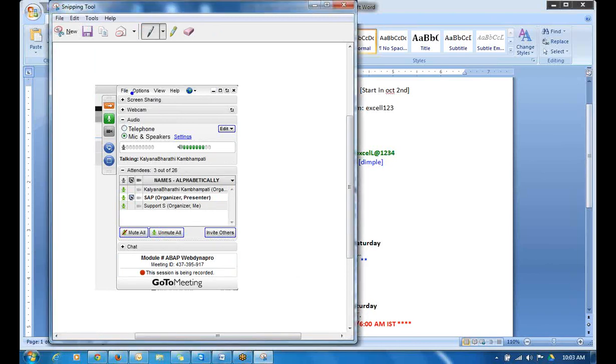You cannot find the file menu option, view, help there itself? View in full screen mode. The options are here: view in full screen and make another attendee the presenter. Above that presenter, what are the screens?